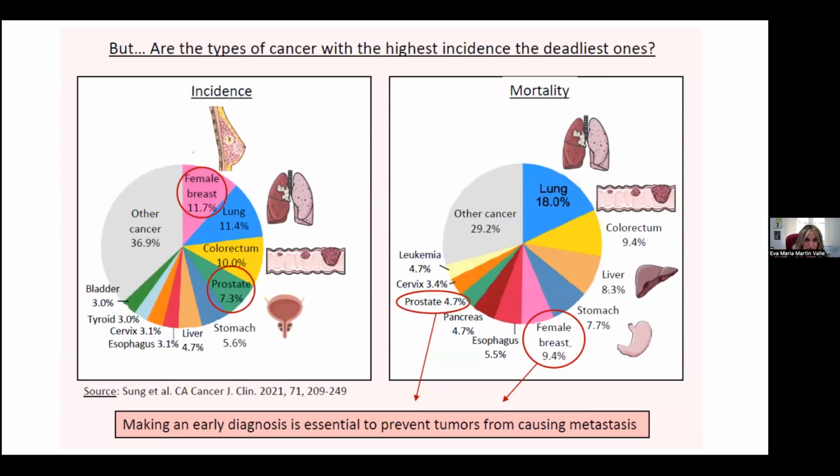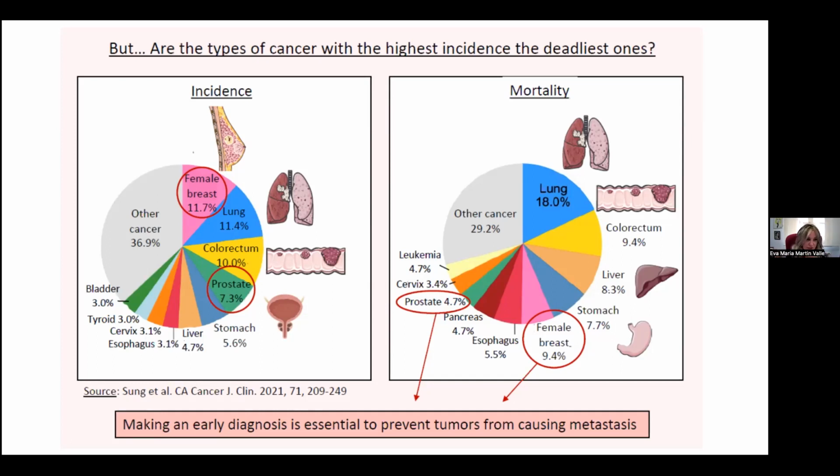However, according to the incidence, we can see that there are still two main cancers that are prevalent in society. The first one is female breast cancer, and the second one is prostate cancer. Still, the mortality is very related to these two cancers. It's quite high regarding the whole data. Making an early diagnosis is essential to prevent tumors from causing metastasis, because metastasis is the main important point